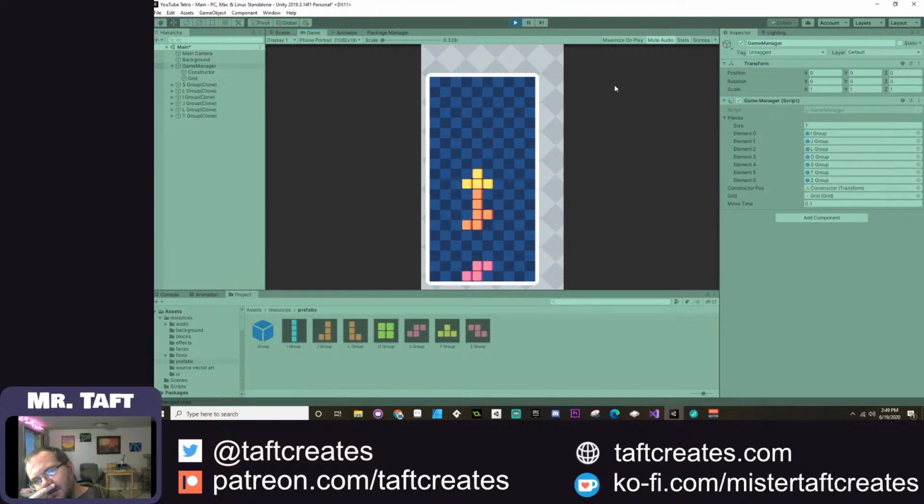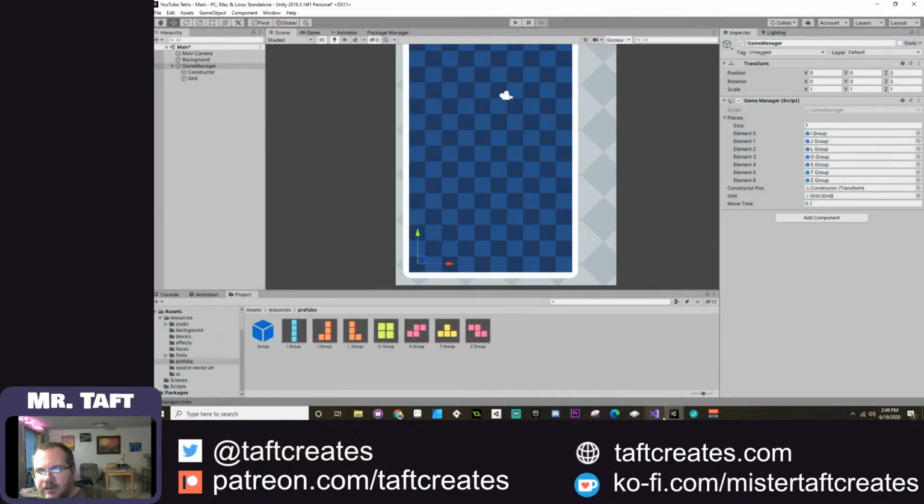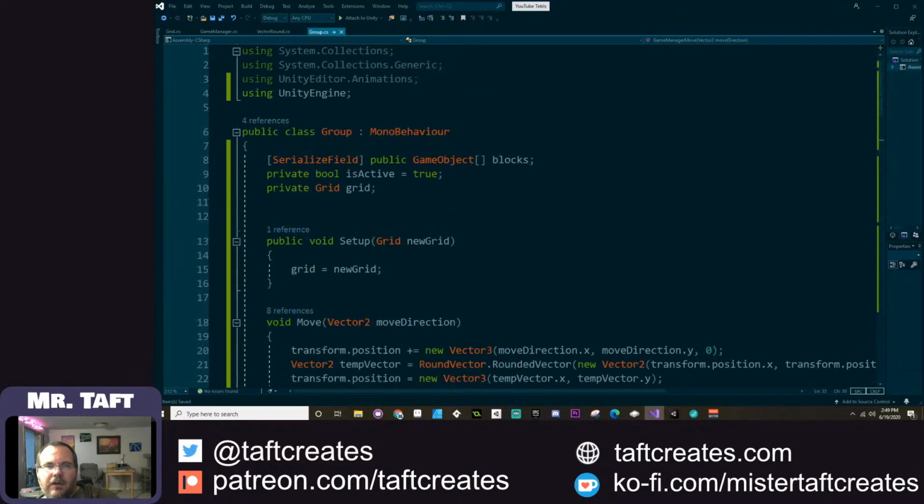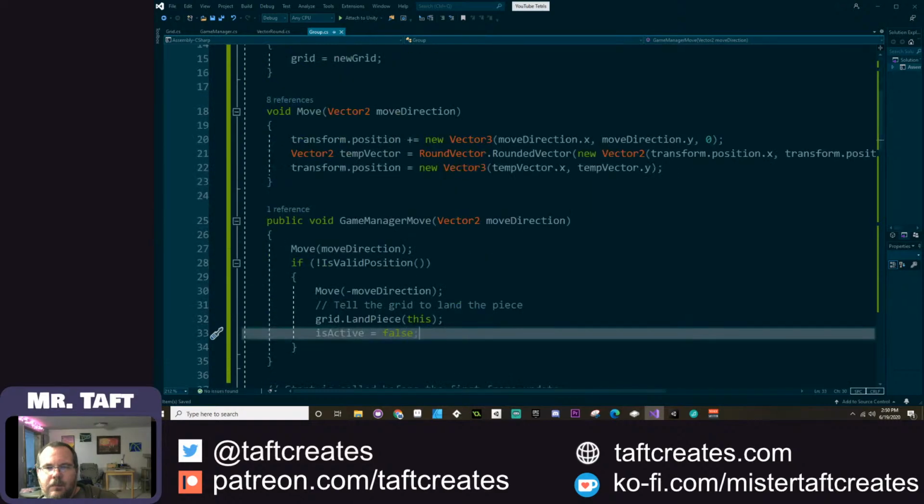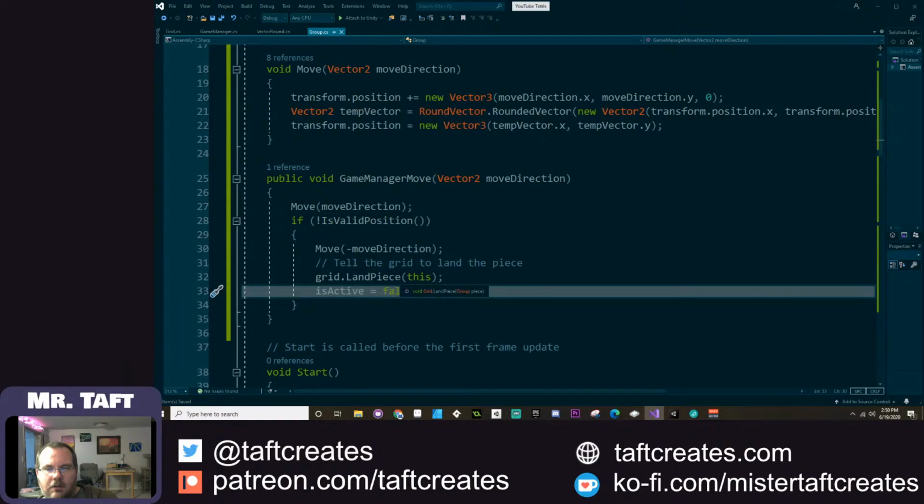So, some of them are storing correctly, but not all of them. Weird. Alright, let's find out what I did. Okay, so the group moves down, if it is not a valid position. Yep, thank you, Richard. So the grid moves down, and if it's not a valid position, it